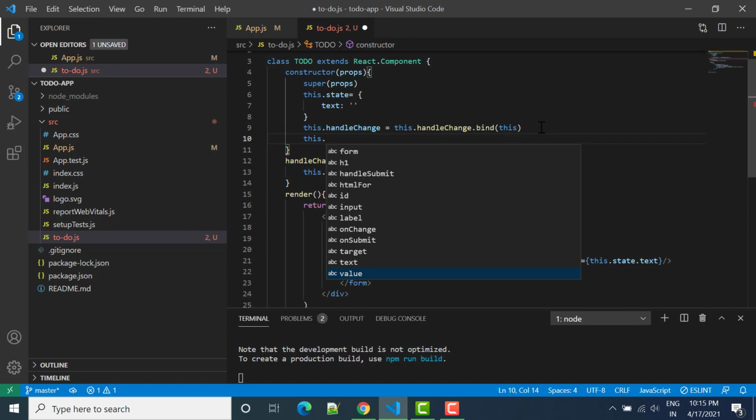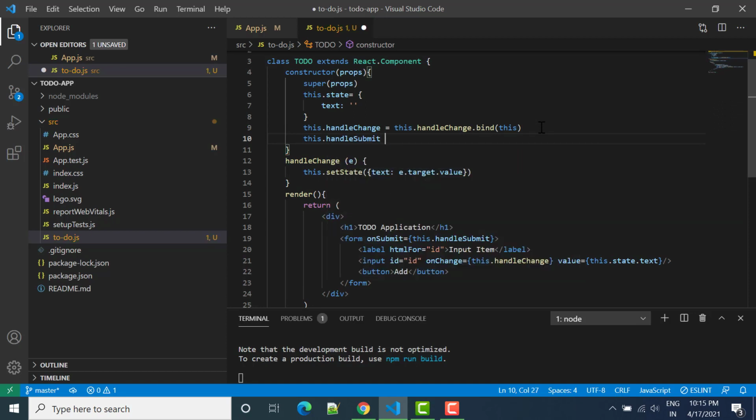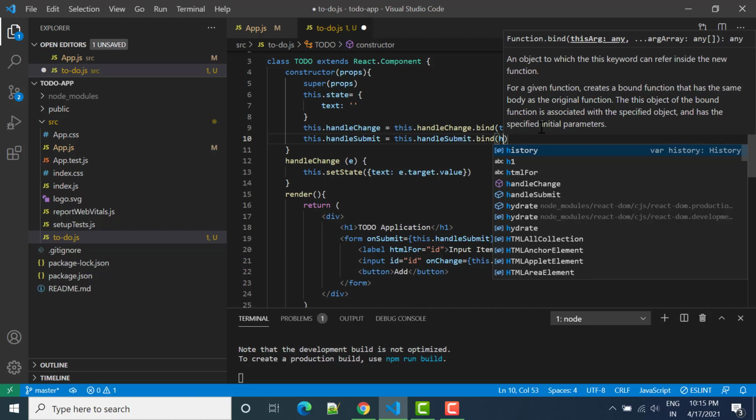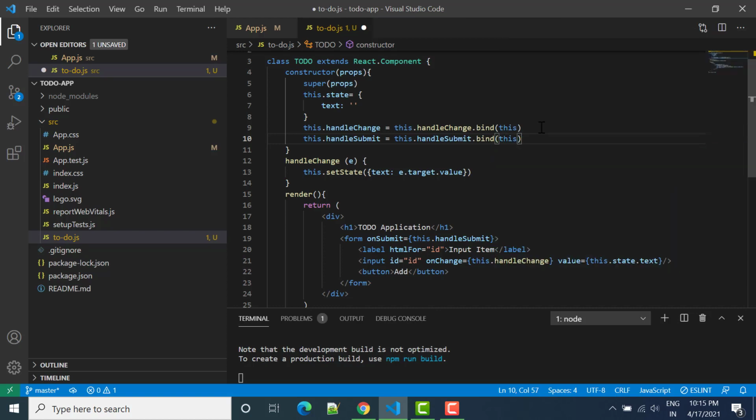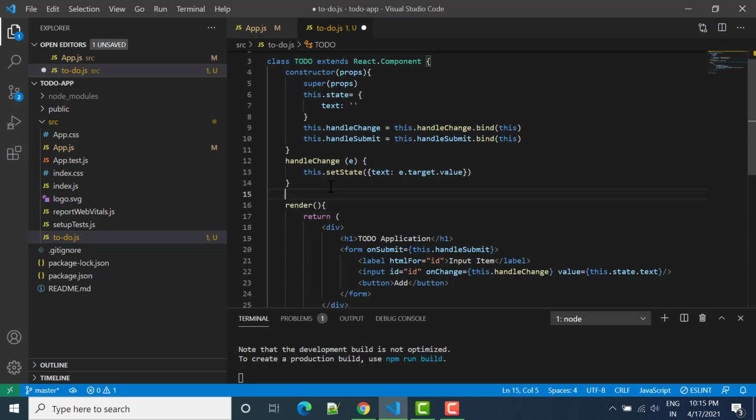So we can say handleSubmit equal to this.handleSubmit.bind, and here we'll pass this object as a parameter. After that we have to create this function also, handleSubmit, and here we'll pass e as a parameter,